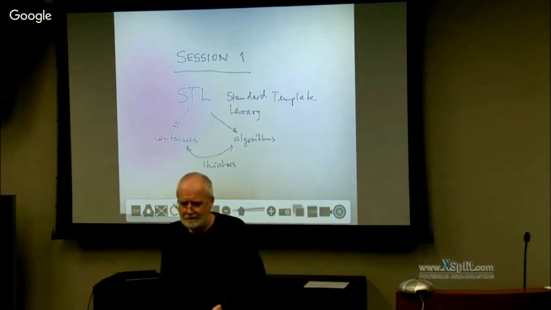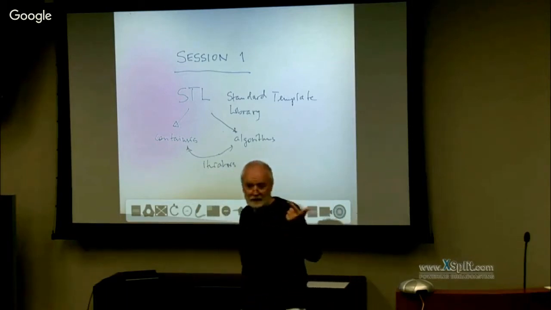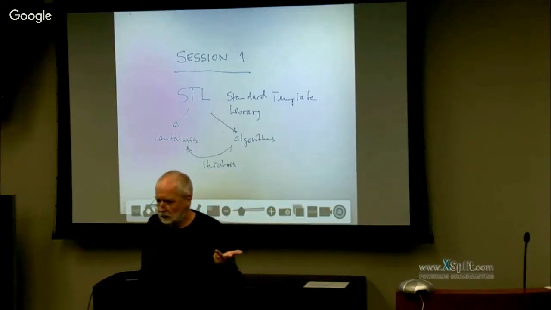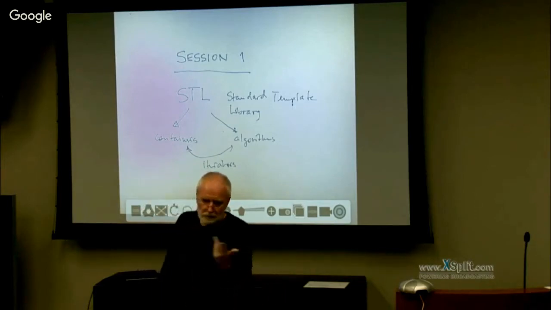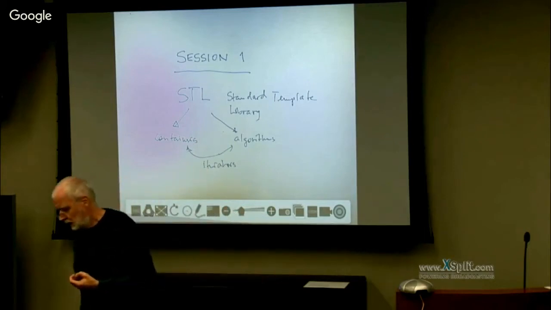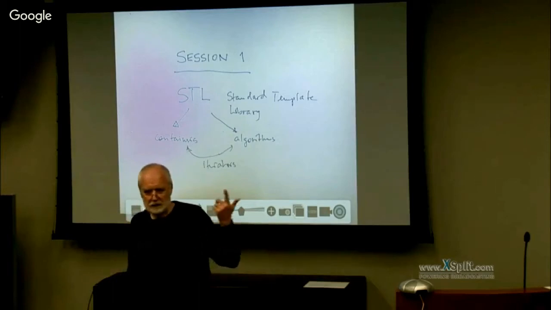All containers have to expose certain functionality. Yes. So what? begin and end. Usually they expose how many elements they have. They have a size member function which gives you the number of elements they currently store. They usually give you other functionalities like whether they are empty or not.